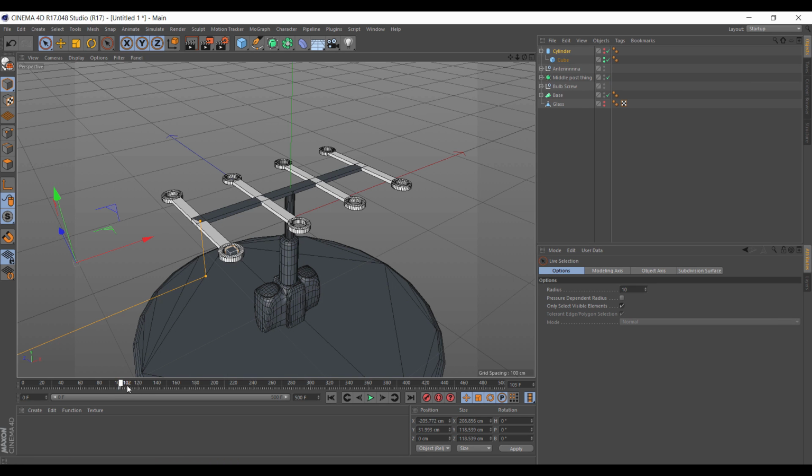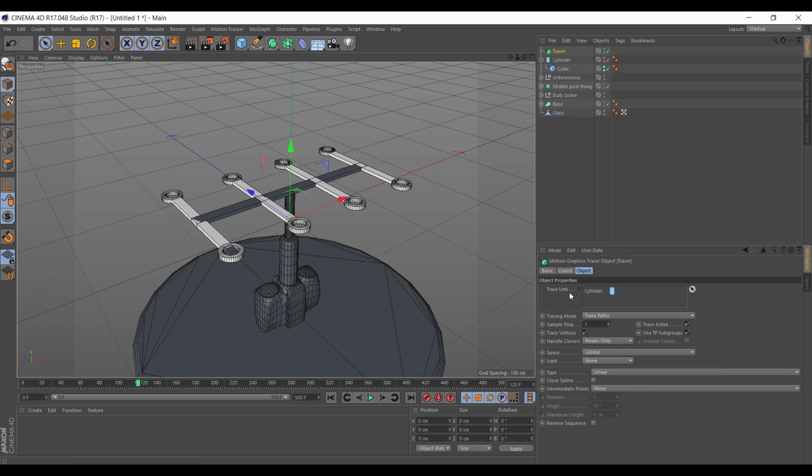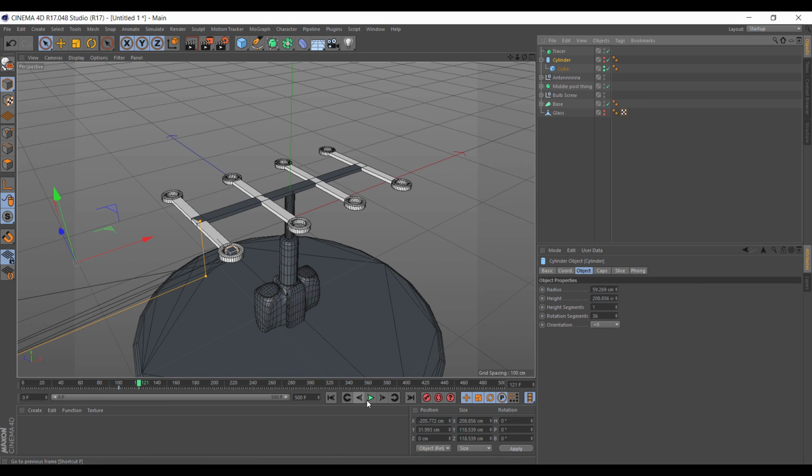Now, if I was to move forward 20 frames, I need to create the tracer. So under graph tracer, we need to add this. Because I had the cylinder selected, it's automatically tried to link to the cylinder. So I want to delete it and put the cube in. There we go. There's an important point here, which I'll show you now. So our cylinder at frame, oops, I pressed play, at frame 120,